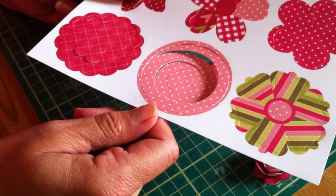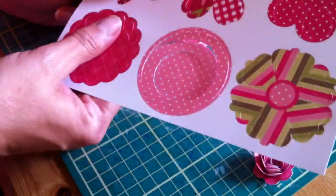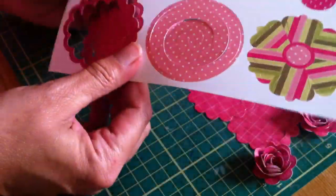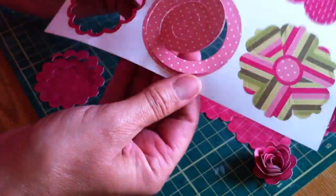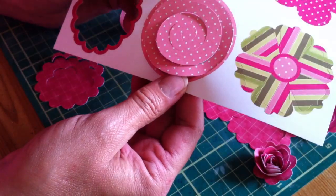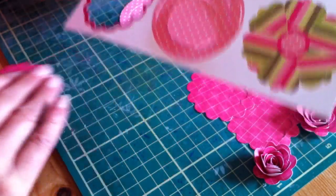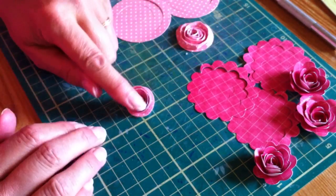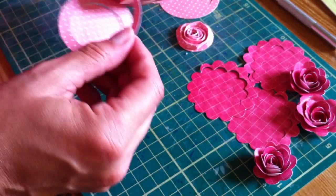So let's get started. To make the roses, there are two different types. This is our Festive Flowers. There is a scallop edge one, which they're all die cut, they just pop out. And there is also the straight edge one as well. So I'm going to show you how to make both of the roses, and there are two different ones for each rose. So to begin, the first one is the spiral rose, and this is literally just taking the straight